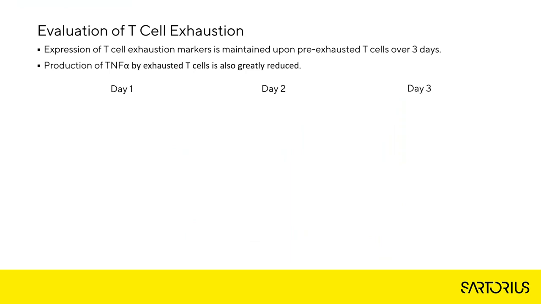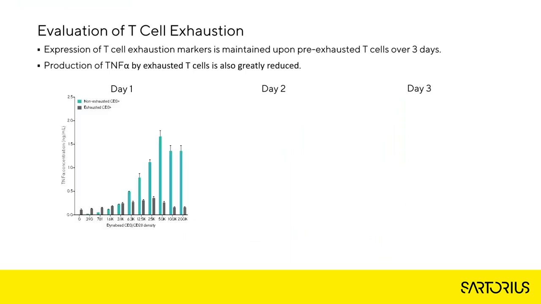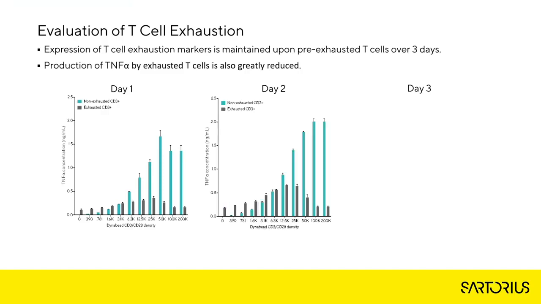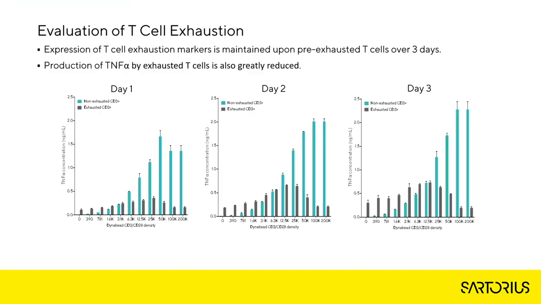Cytokines from the same assay plate were also assessed. Non-exhausted cells show a concentration-dependent increase in the production of TNF-alpha from day 1. In contrast, exhausted T cells produce significantly reduced concentrations of TNF-alpha over the time course. The highest bead stimulation, using 200,000 Dynabeads per well, caused non-exhausted cells to produce 12-fold more TNF-alpha than pre-exhausted cells